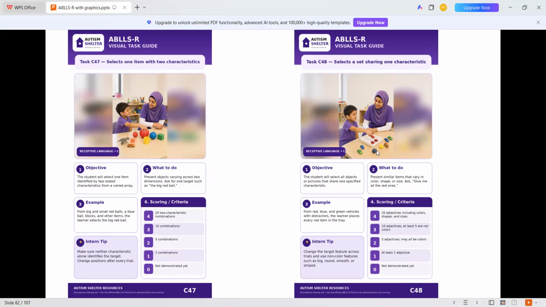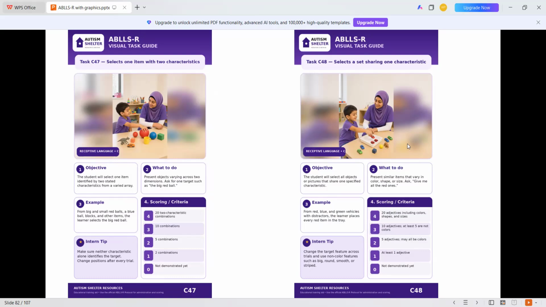If I say give me all small cars, there will be big cars on the table, but the child will select all the small cars. We can do it on the basis of color, shape, or size. The master criteria is 20 adjectives, including color, shape, and size. From red, blue, and green vehicles with distractors, the learner places every red item in a tray. It can be a tray, a basket, or anything. You have to teach the kids 20 plus items.